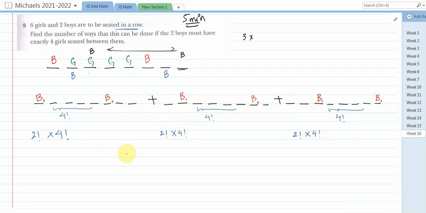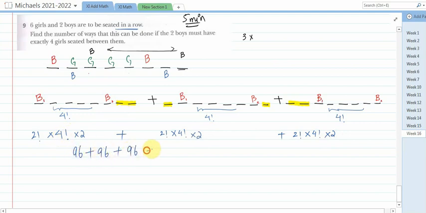Alright, after that, you observe that these 2 places are empty, right? So these 2 girls can sit in any order. So that will be into 2, into 2, and into 2. And at last, we need to add all those 3. So for the first one, it's 4 factorial, 24. 24 times 2 times 2, that is 96. So we have 96 plus 96 plus 96, which leads to the answer